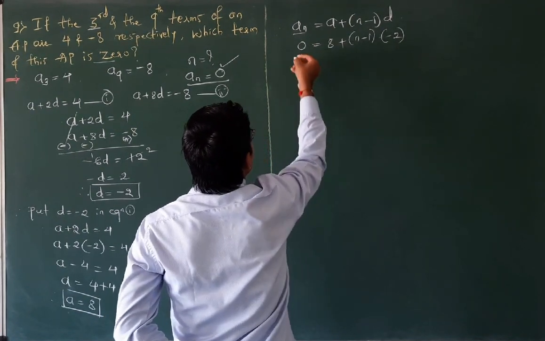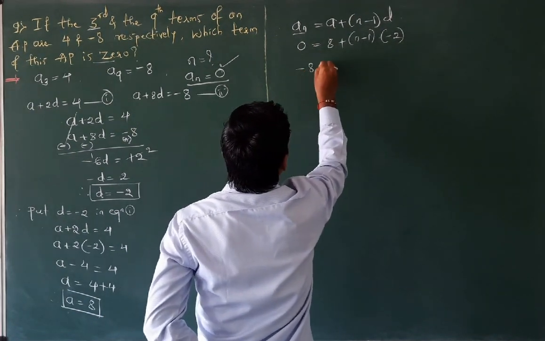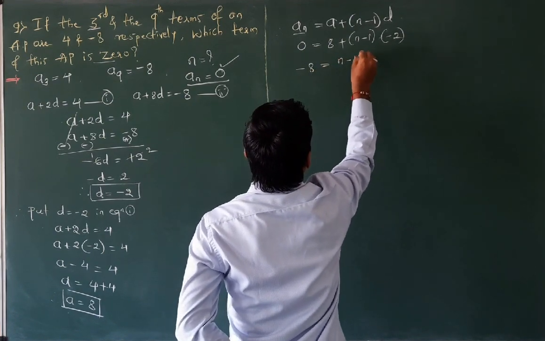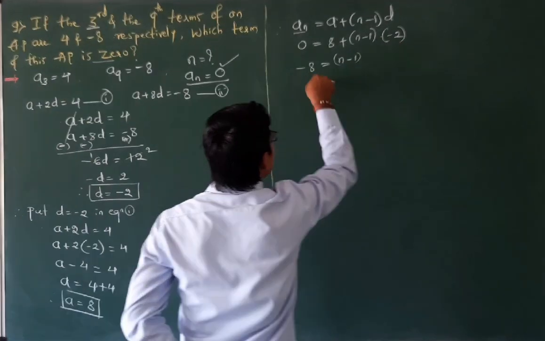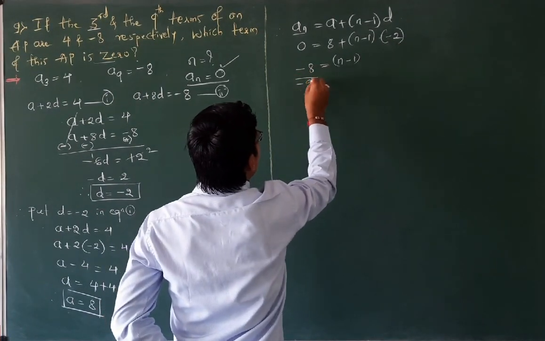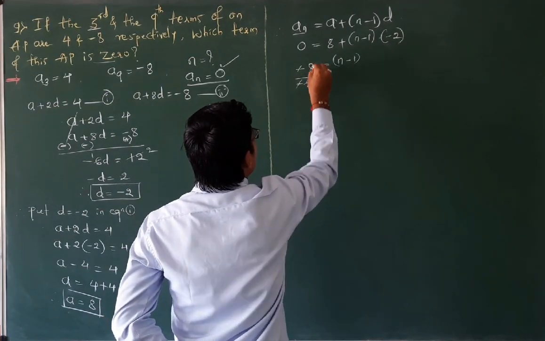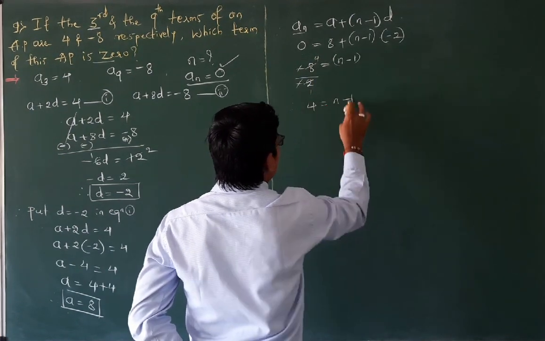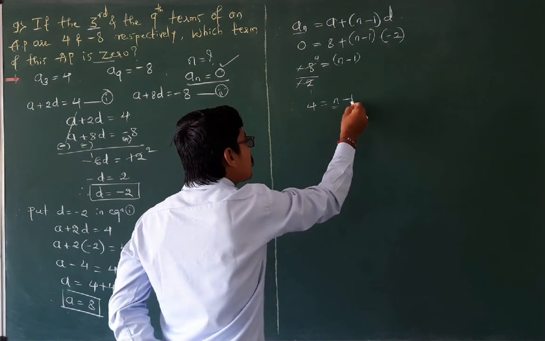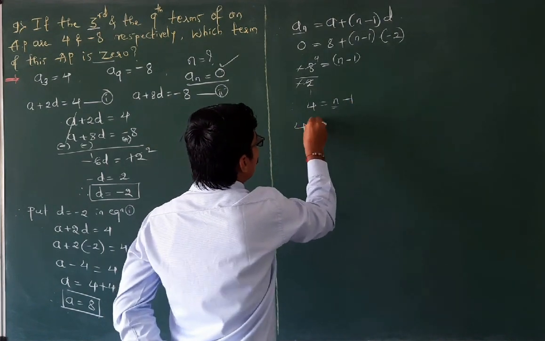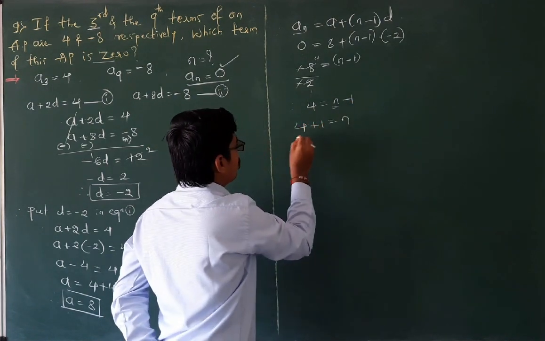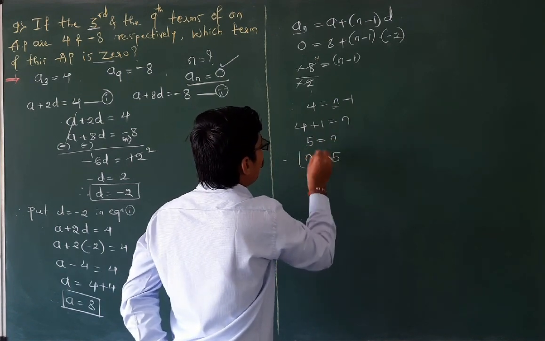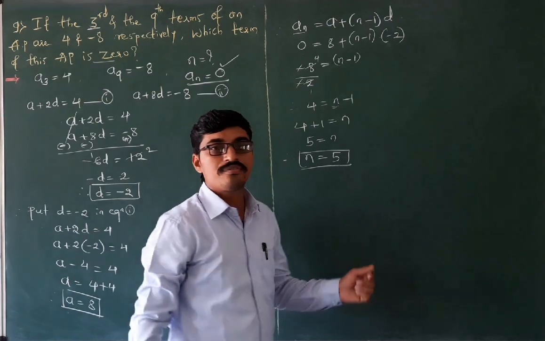So here 0. See, plus 8 comes to this side, it becomes minus 8 is equal to n minus 1 as it is, then minus 2 comes here, it becomes division, that is divided by minus 2. Minus gets cancelled, 2 ones are 2, 2 fours are 8. We obtained 4 is equal to n minus 1. But we want only the n value. Shift this minus 1 to this side, it becomes plus. 4 plus 1 is equal to n. Therefore 4 plus 1 is 5 is equal to n. Therefore n is equal to 5. Here we obtained the value of n.